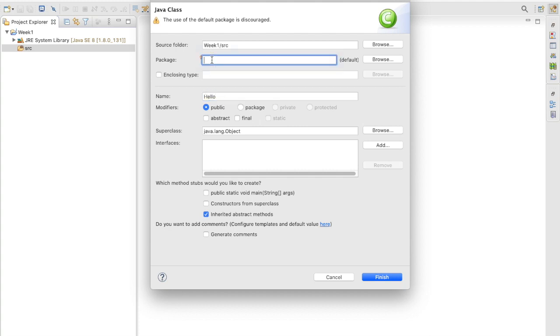And we want to give it a package name. You can see at the top here it says use of default package is discouraged. So we want to actually give it a specific package name. The one we're going to use is lowercase cst105n for the class name. We are going to use w1 for week 1, .d1 for day 1. So our package is all lowercase,